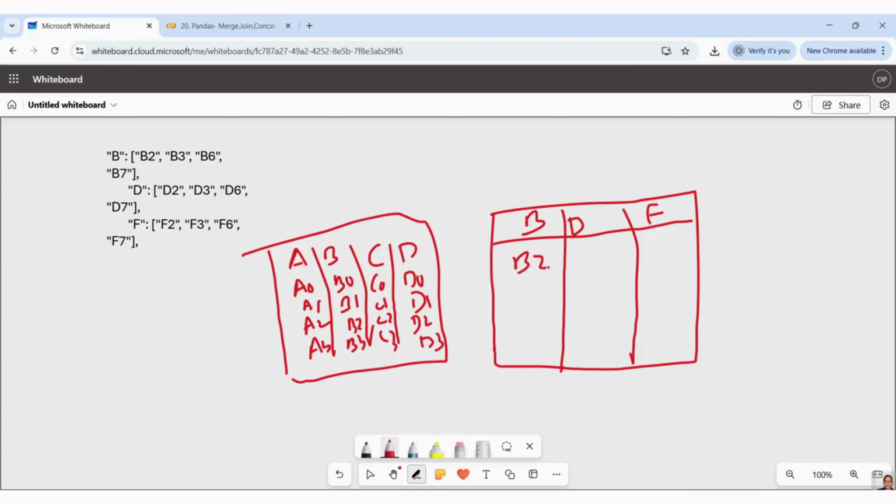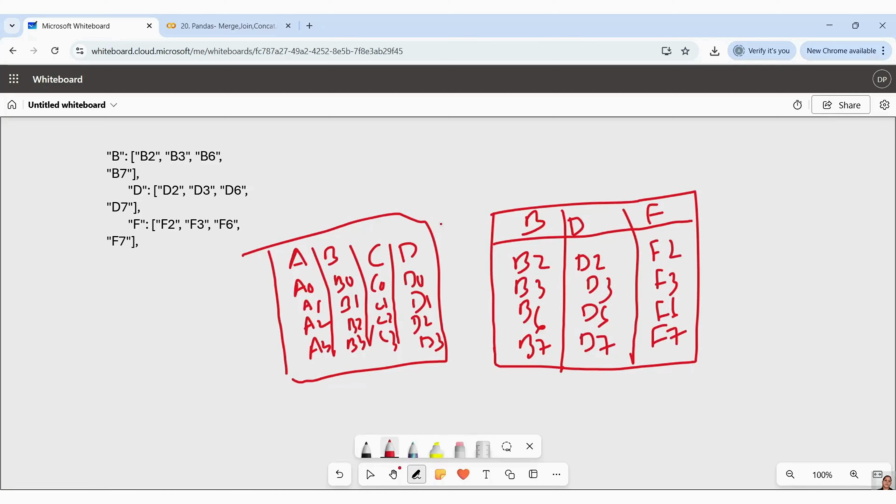B2, B3, B6, B7, D2, D3, D6, D7, F2, F3, F6 and F7.